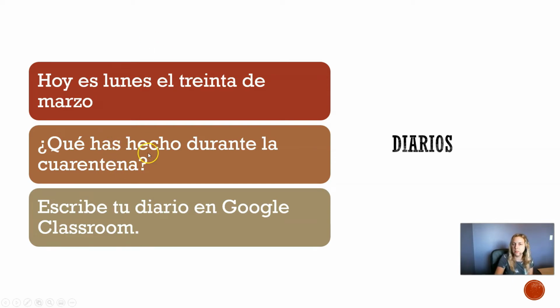And this is our present perfect. ¿Qué has hecho? So if you need to review the present perfect, it would be a good idea to use this in your diario today. What have you done during this quarantine time? All right, so you can give me some activities you've done with your family. What have you done in your house? Have you had to do chores and clean? Yo he limpiado, yo he trabajado, yo he comido mucho, he dormido mucho. Okay, something like that. And this, remember, your diario will be on Google, right? So you can go ahead and go there now, pause this video, and then come back.